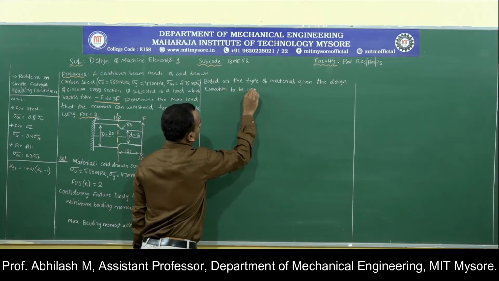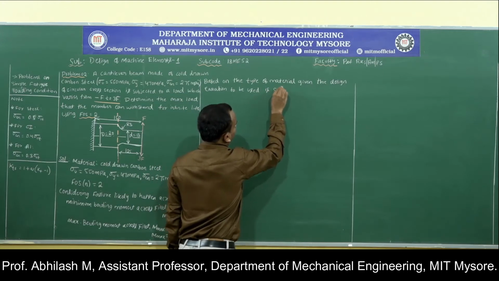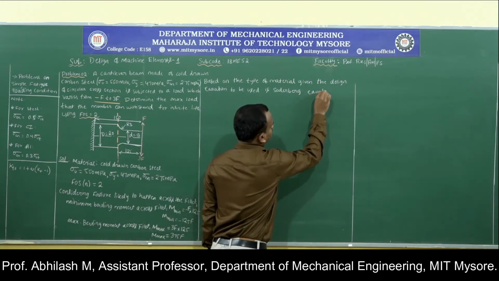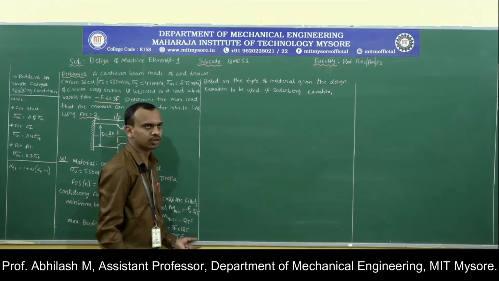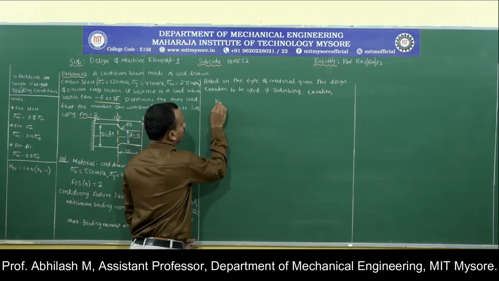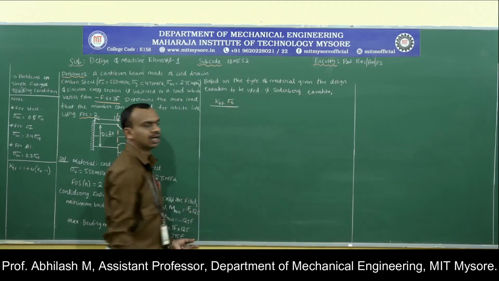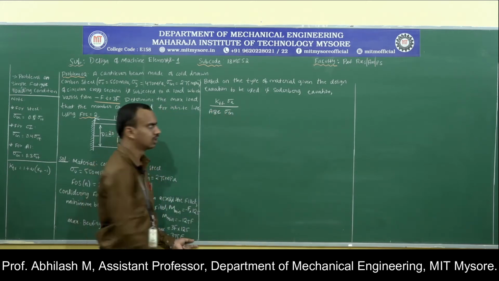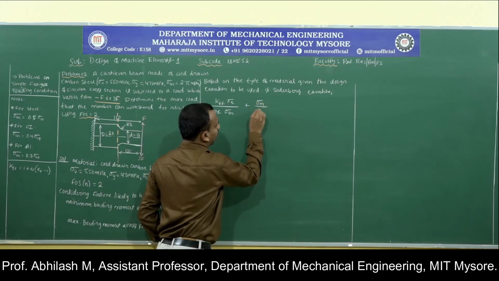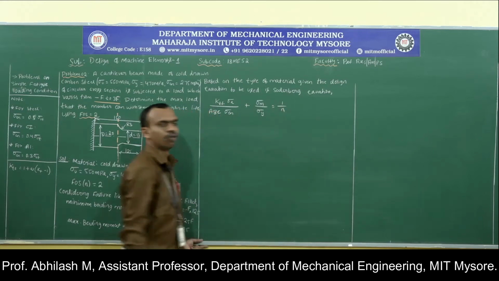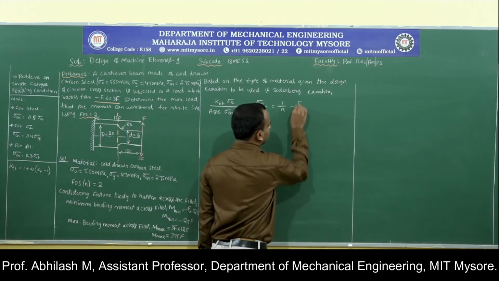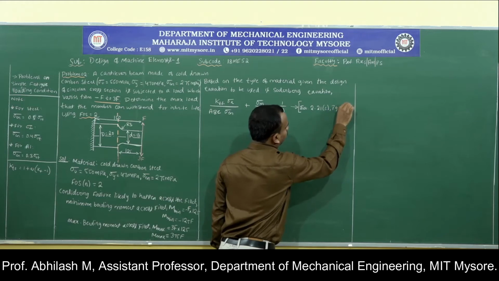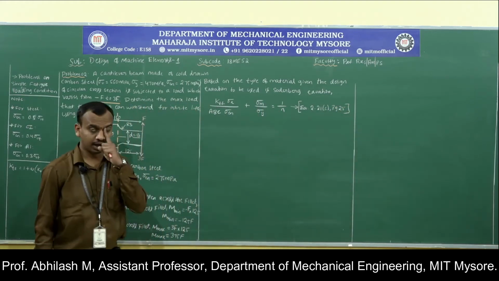to be used is the Soderberg equation that states, if you remember, the Soderberg equation is given by KTF into sigma a divided by ABC into sigma endurance plus sigma m divided by sigma y is equal to 1 over n, and this is available in the data handbook, equation 2.21c, page number 25.